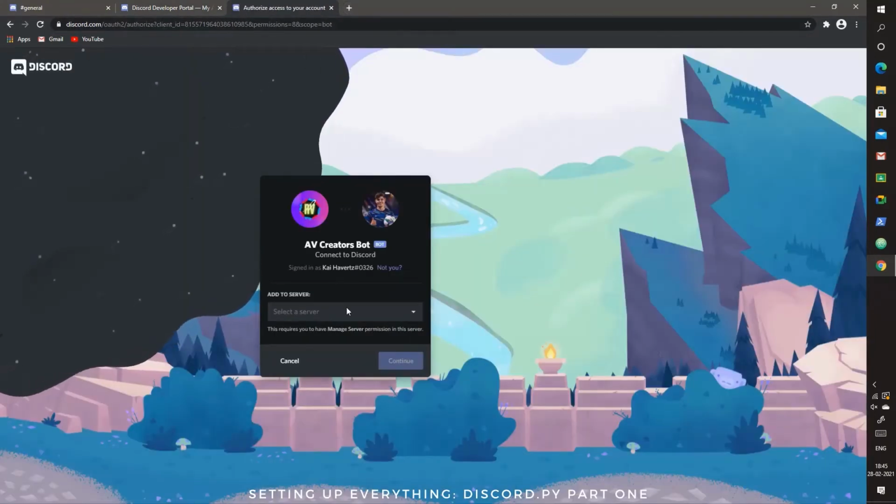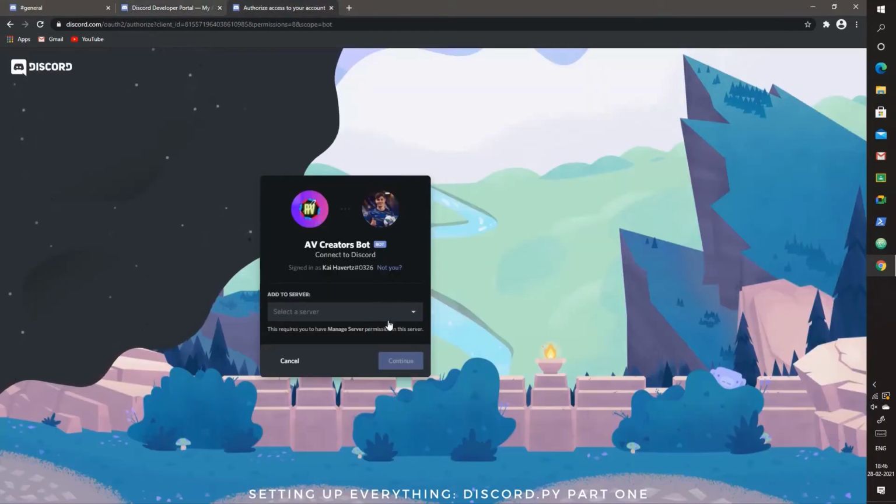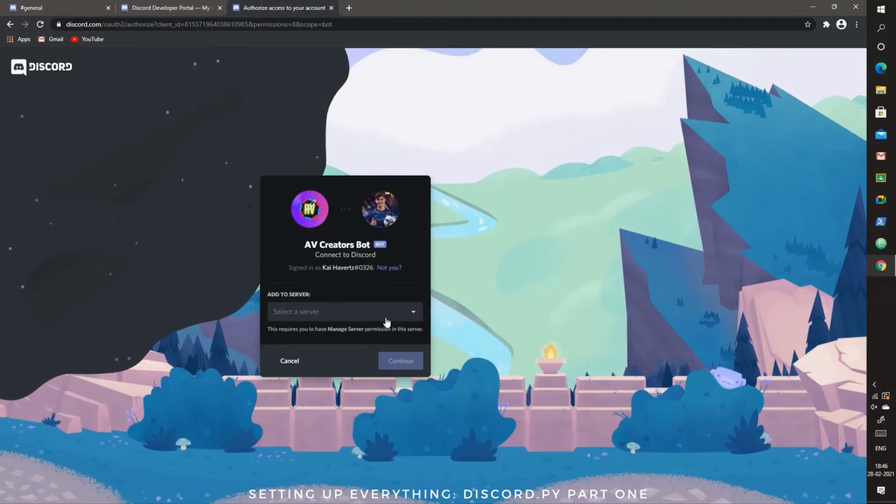Alright, so in the future videos when we'll be coding the bot, this invite URL you have to make a default one. So not exactly, you can't set a default, but you have to take the permissions that you only need, and we'll be adding it to an invite command, so that you don't have to always come here and give it to your people. People can just run a command and get your bot's invite link.